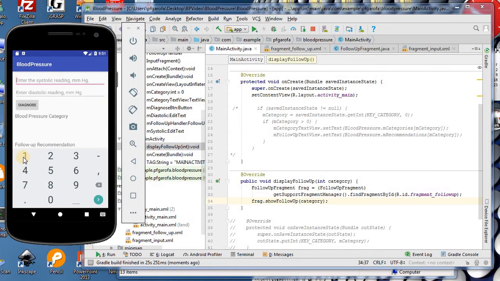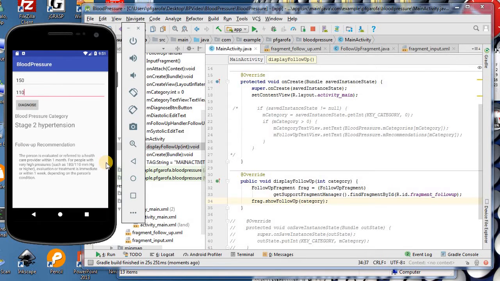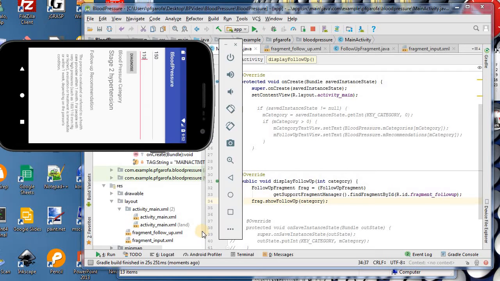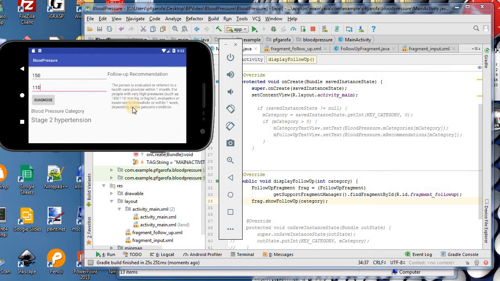Okay, again, we're going to put in a high value here, so let's put in 150 and 110. Diagnose. We get hypertension. So let's see if that set freezes text works. Sure enough, it works. So we've pretty much completed the second to last part. We got one more part left,